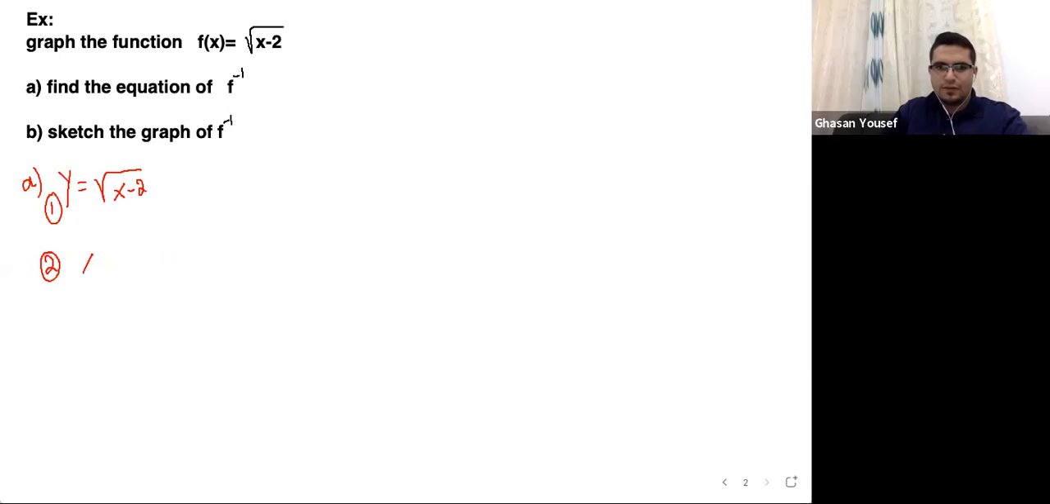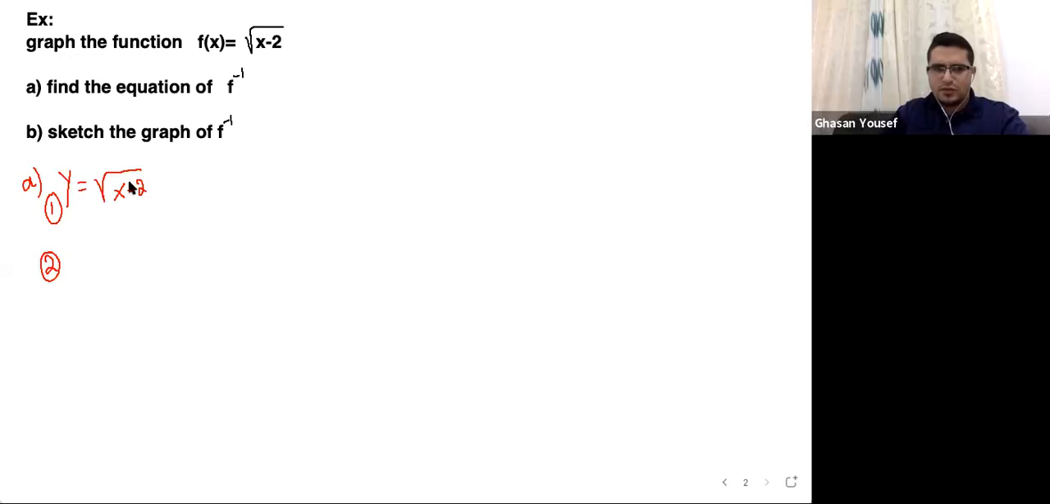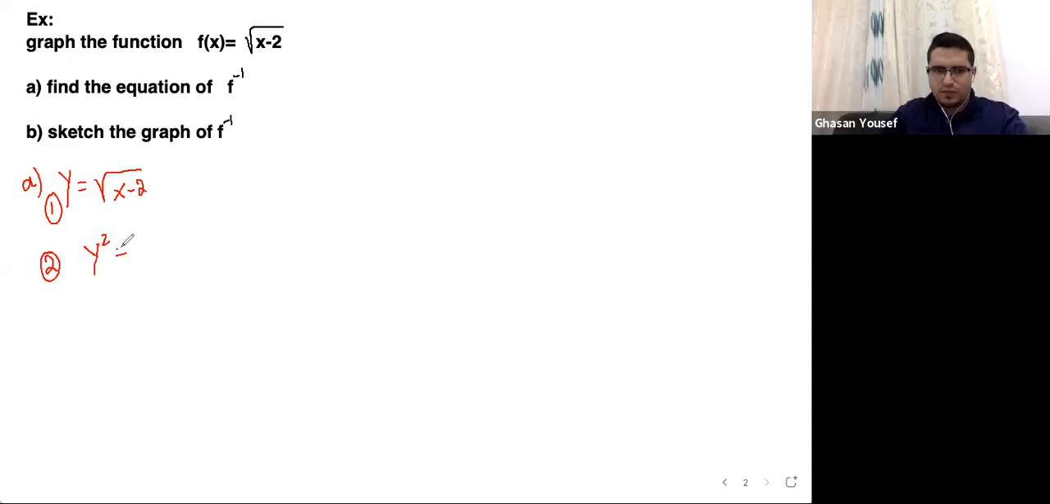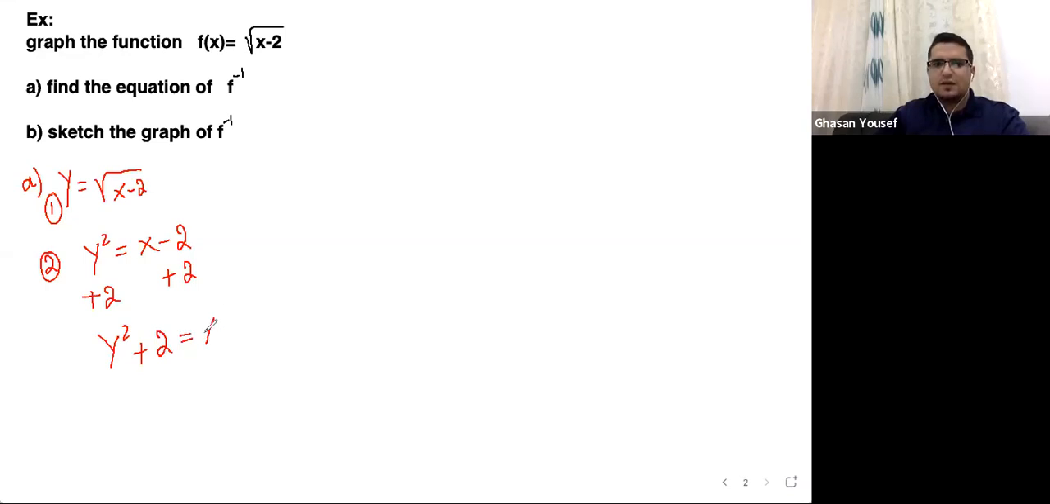What should we do? Square both sides. What are you going to get? y square is equal to x minus 2. Exactly. y square equals x minus 2. Then add 2 to both sides. y square plus 2 equals x. So I solved it for x